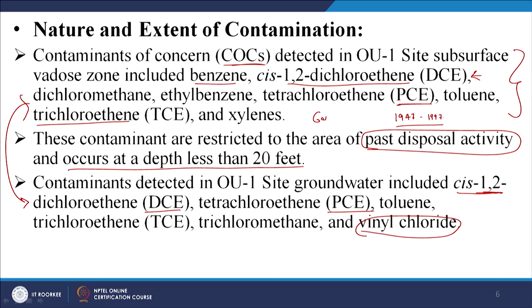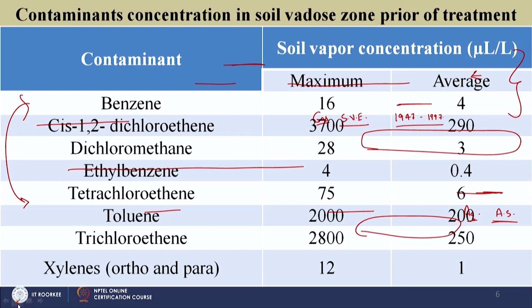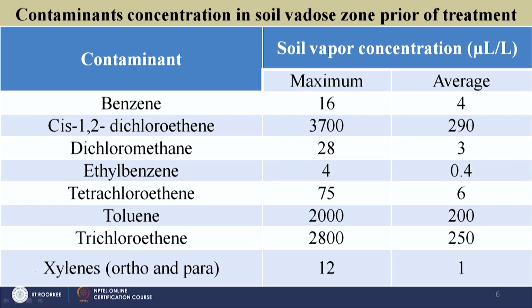So, again the key aspect is to understand that both the gaseous phase and the aqueous phase are contaminated, and thus you need to have soil vapor extraction, and to maybe enhance that you are also going to have air sparging. That is something that we are going to look at. So, let us move on out here and let us look at the relevant values.